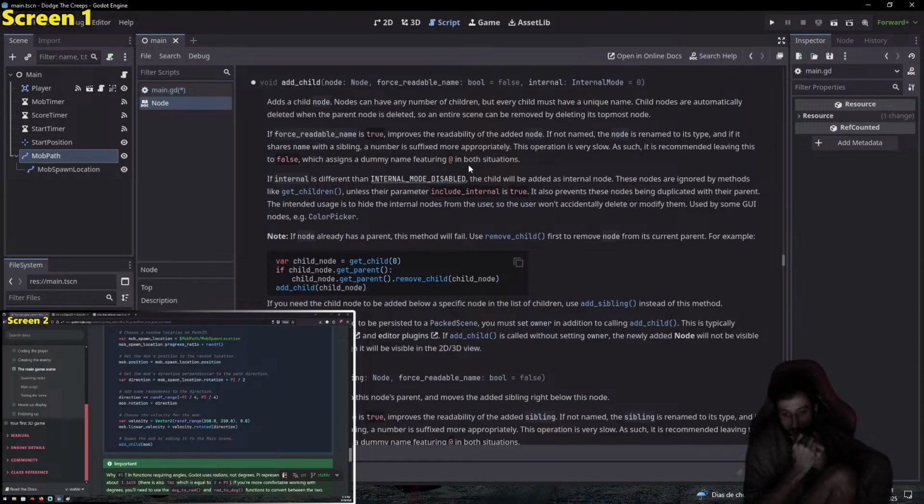Oh, these nodes are examined by methods like get_children unless the parameter include_internal is true, and also prevents the nodes. Color picker. If node already has the parent,